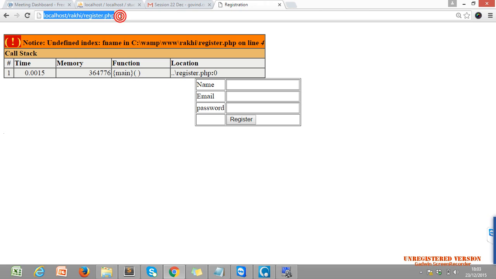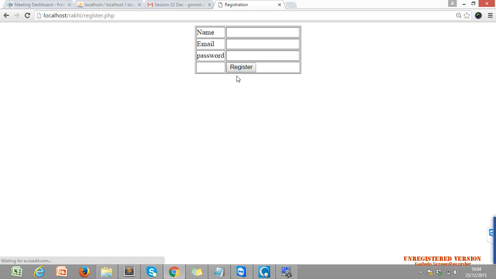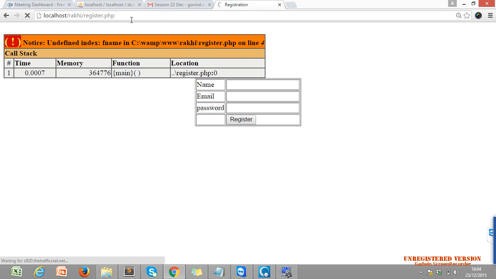If I just simply refresh, this error comes. But if I enter something into the text boxes, or if you don't enter anything and just click on submit, there is no error. If I click on submit directly, there is no error. But when I just refresh our page from the URL, we get one error.